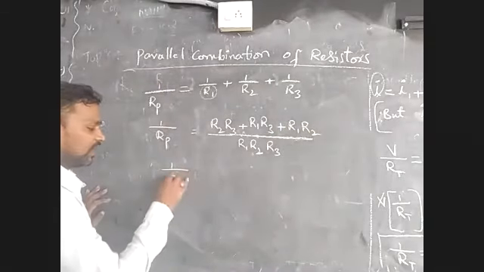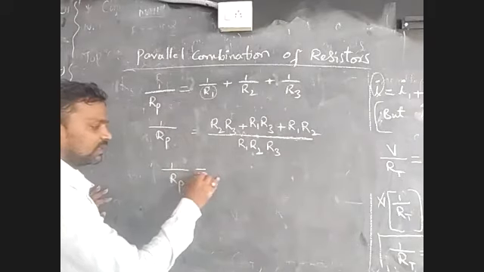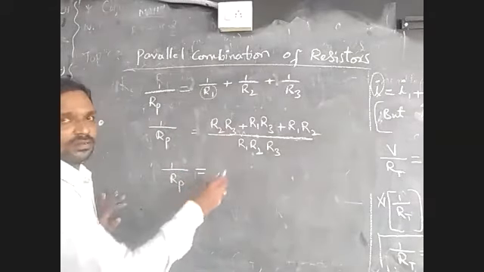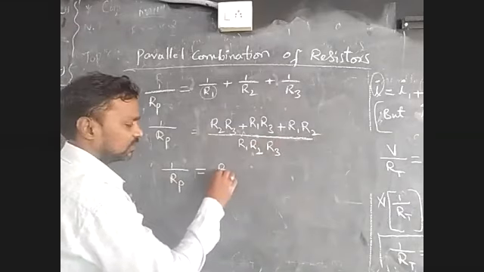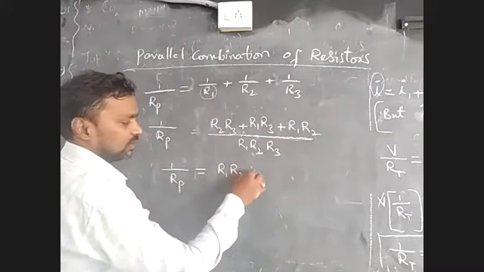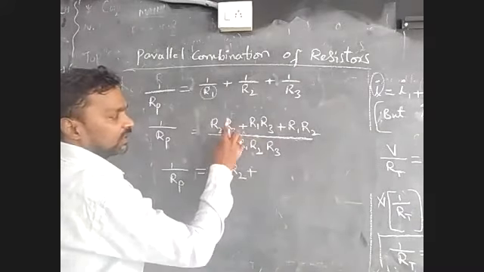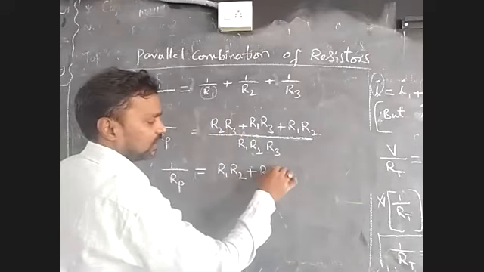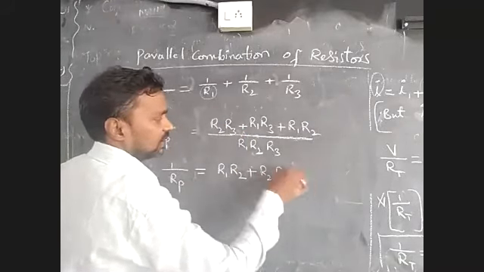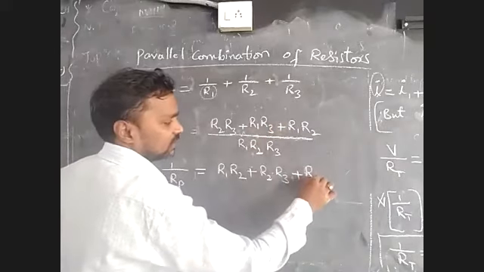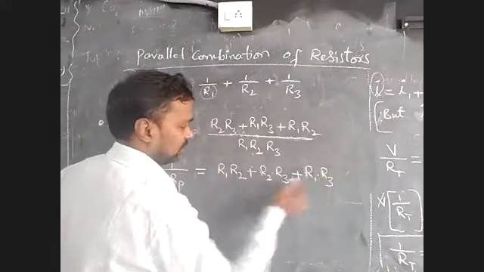Now 1 by Rp is equal to, I'll write in order: first R1 into R2, R1 into R2 plus R2 into R3, R2 into R3 plus R1 into R3, divided by